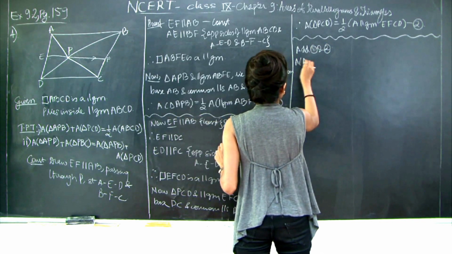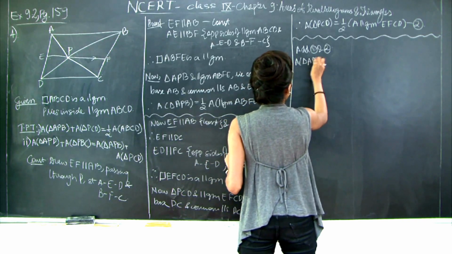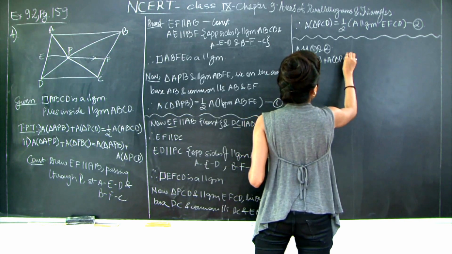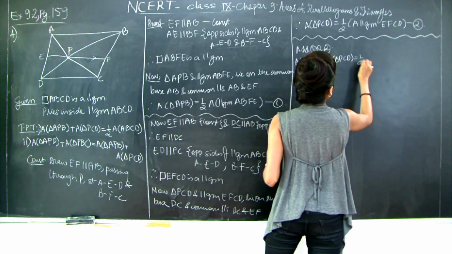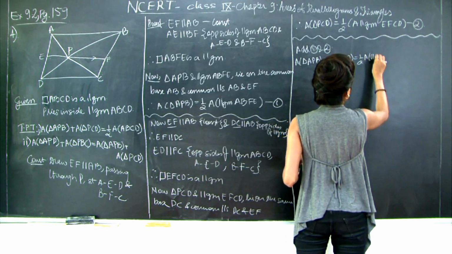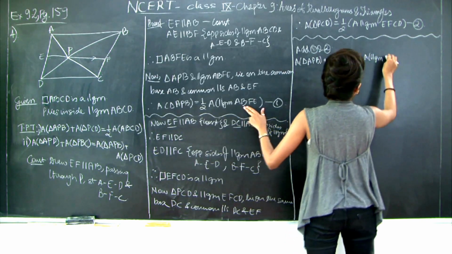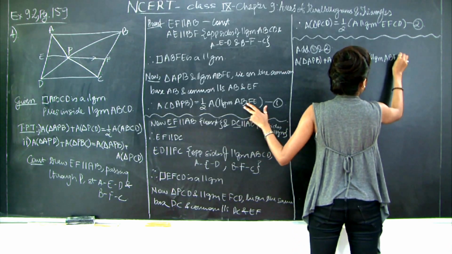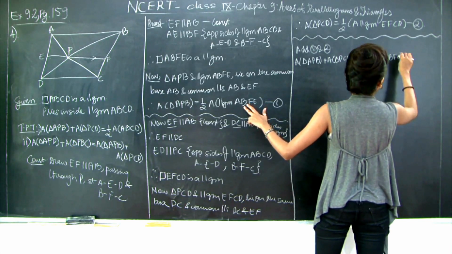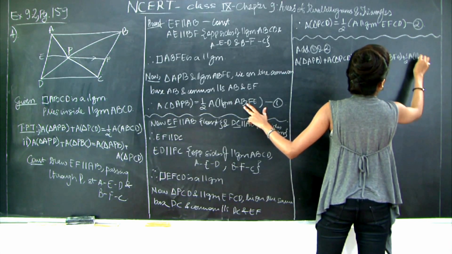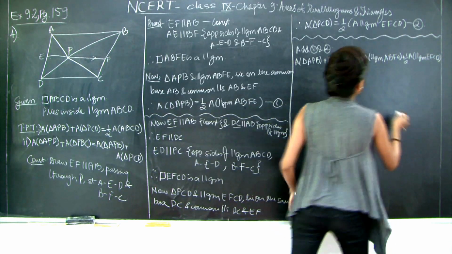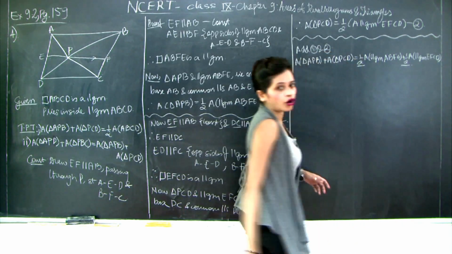Area of triangle APB plus area of triangle PCD is equal to half area of parallelogram, which is your parallelogram ABFC, plus half ABFE plus half area of parallelogram EFCD, right? So, what I am going to do is I am going to remove half common from the right